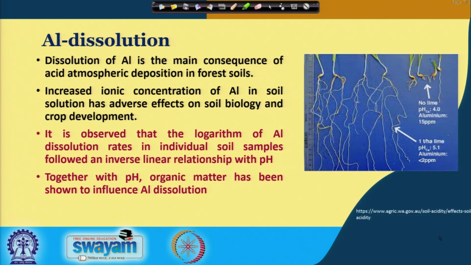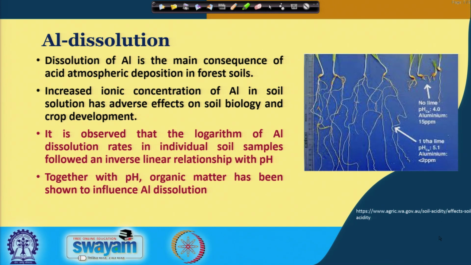So, let us talk about another important thing. We have completed acid rain. Let us talk about aluminum dissolution. Aluminum is a metal which you can see in high concentration in acidic condition. Remember that the dissolution of aluminum is the main consequence of acid atmospheric deposition in forest